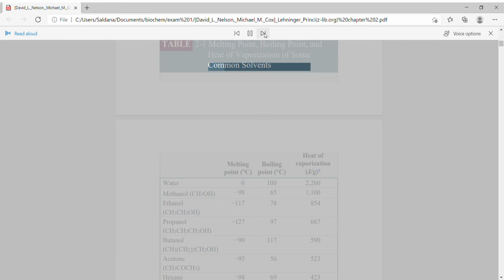Table 2. Heat of common melting, heat of water, propane, butane, acid,